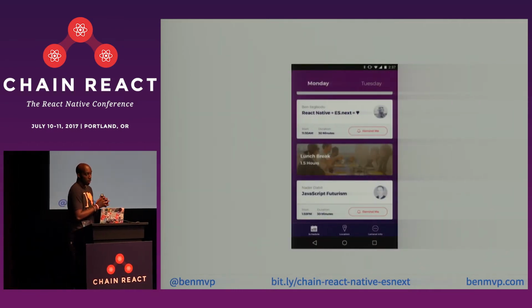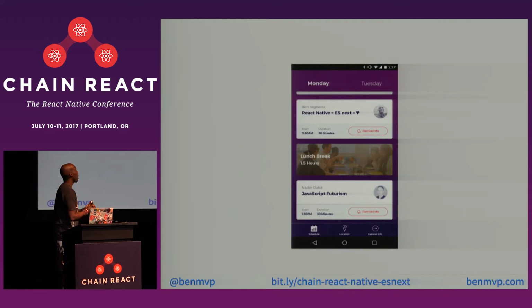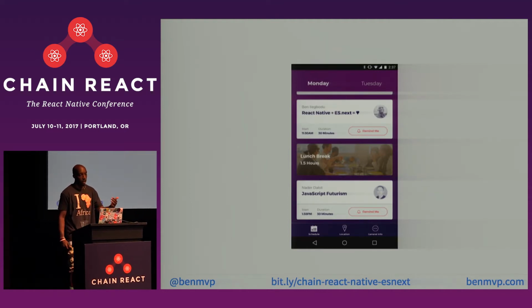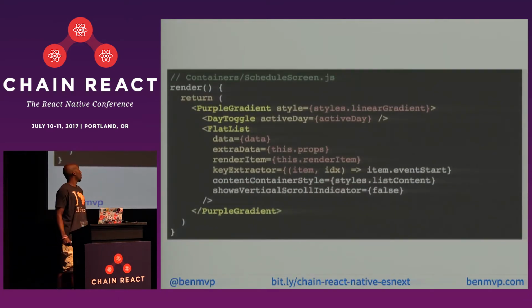Here we have a screen. It's the schedule screen where you see all the talks and all the breaks going on, and it has a list of all of them. So in order to build that list here in React Native, we're using the FlatList component. And I'll talk a little bit more about the render method and how that's going on with classes later. But what I really want to focus on is the renderItem function that's happening here to render out a component, or render out each talk or each break.